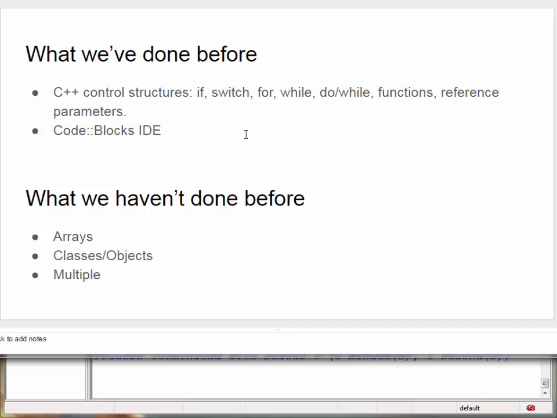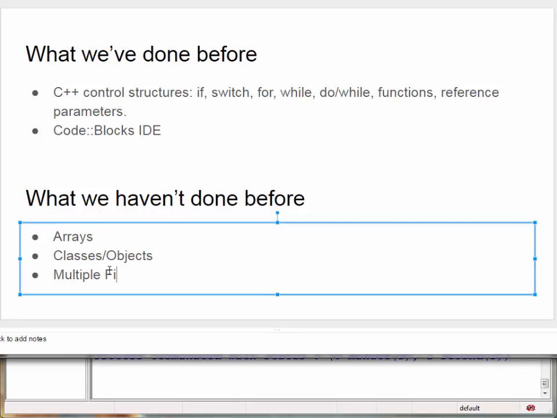We've done a whole bunch of C++ control structures like ifs and fors and looping and functions, and talked about reference parameters, and we're going to use Code::Blocks because that's what we use in class. We haven't discussed arrays, classes, objects, or multiple files in the class yet. So none of those things are going to be involved in this project, although perhaps they should be in the